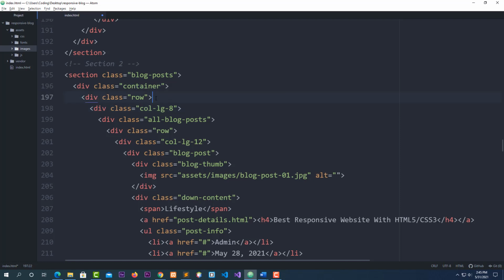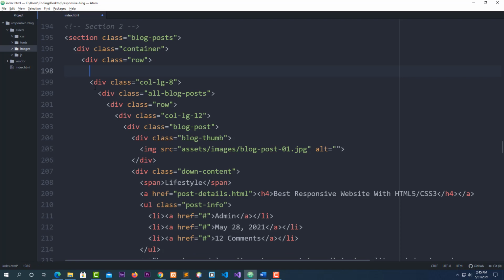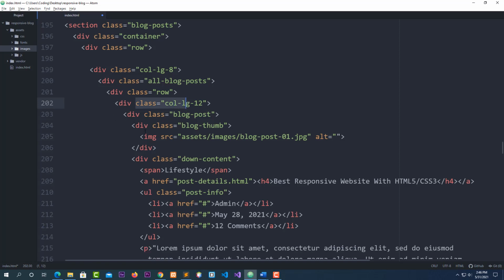Remember, this is the row. We did create this div, and I start. This is where I paste here. You create a first div, you pass a class inside of it, call it for the style, and you create another div. You pass a class called all blog post. You create another div with a class, another div, you pass a class called row. You create another div inside, and so on. If you follow it like this, each div inside of each div, you can